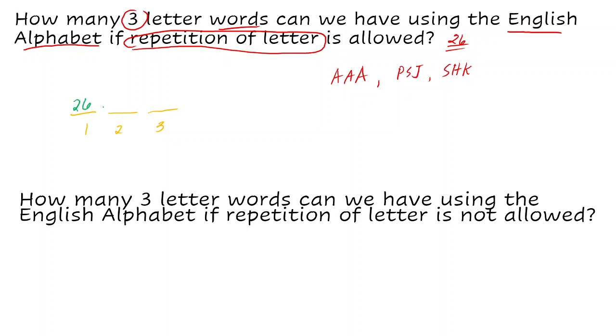Very good. How about dun sa second letter? Since pwedeng maulit yung letter natin, we still have 26. Since pwedeng maulit pa din, we still have 26. So that's 26 times 26 times 26, which is simply 26 cube, which is equal to 17,576